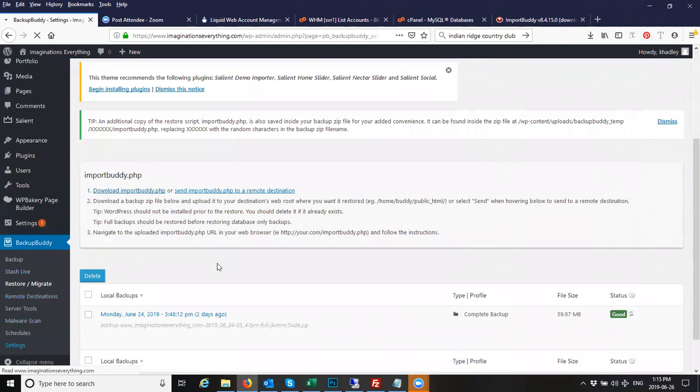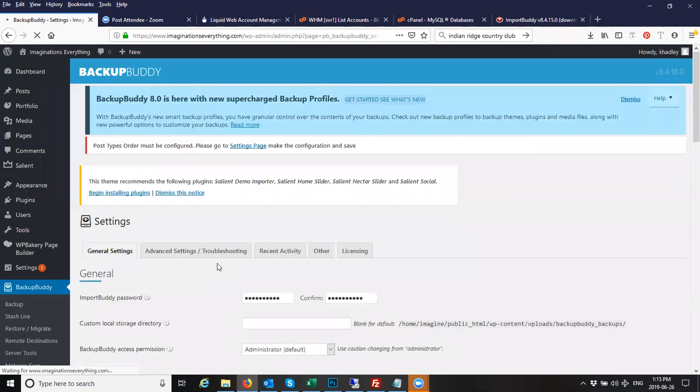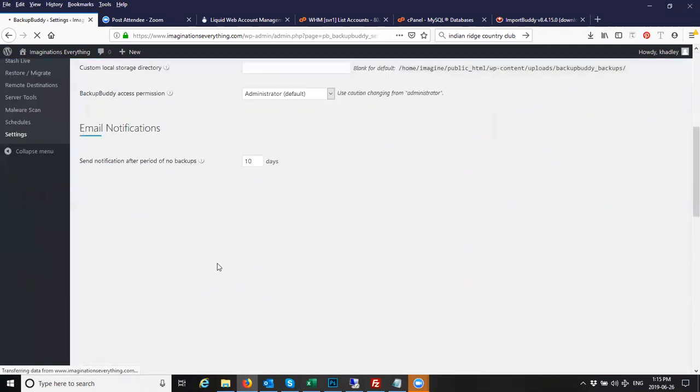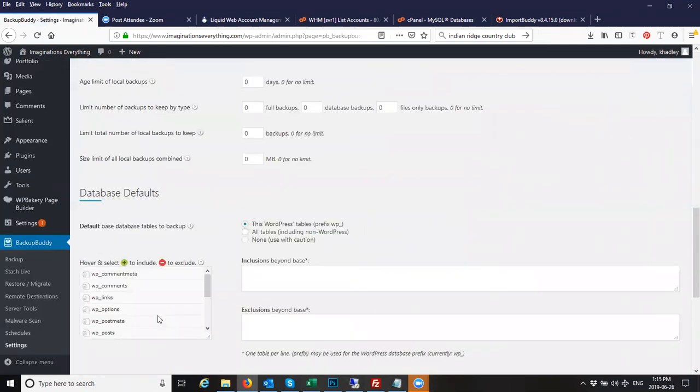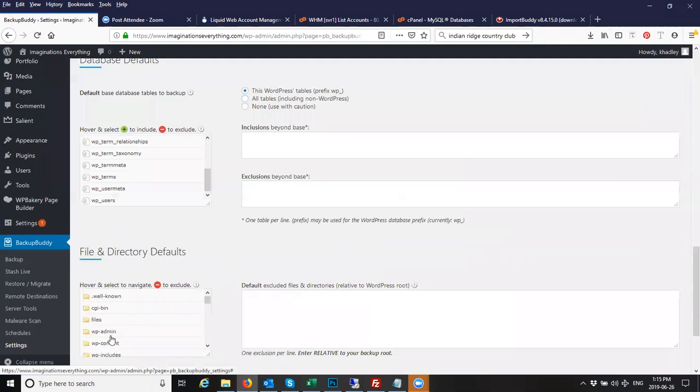So typically what I will do to make sure that the backup restores properly is eliminate some of the folders that are in content